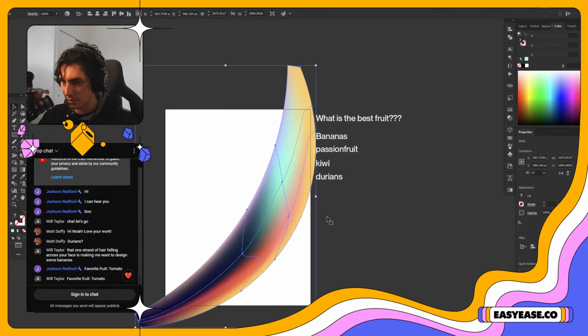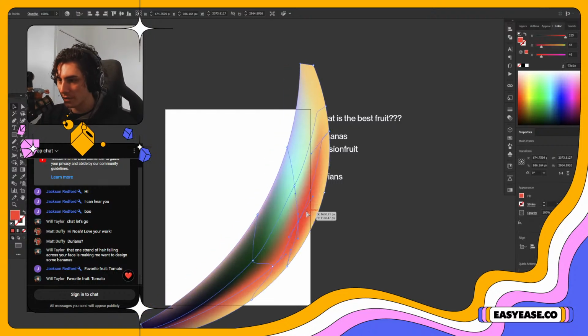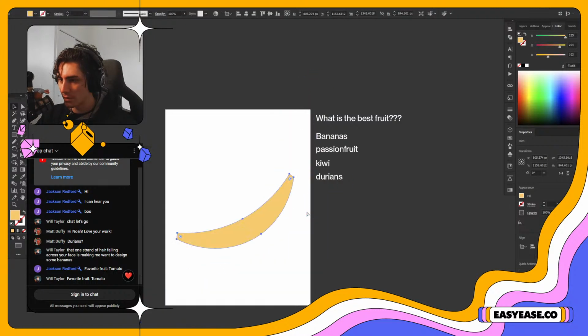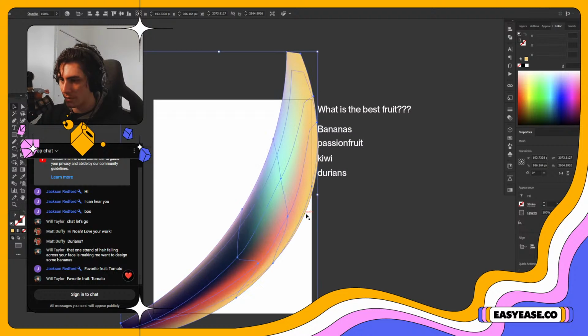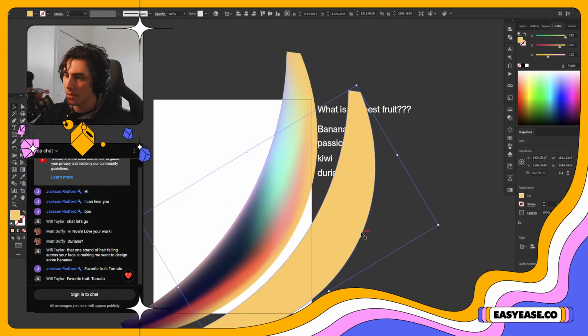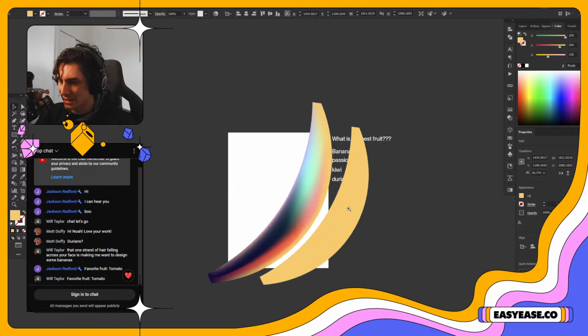Hold on. I need my... Did I really just freeze Illustrator? Okay, we're good. Allegedly. Oh. Okay. And now we have that, and now we have the live shape as well. Or I could just...